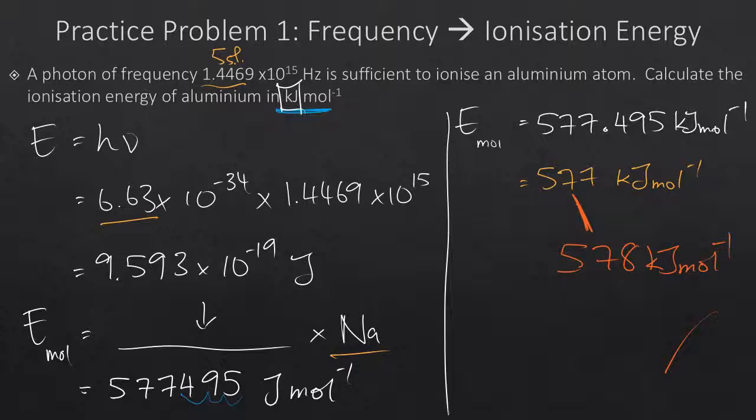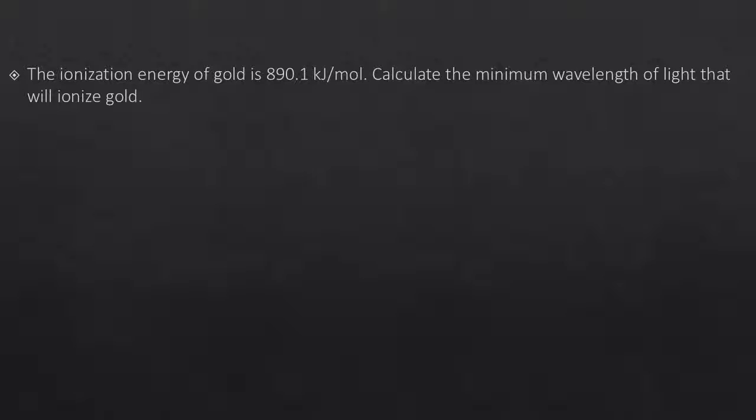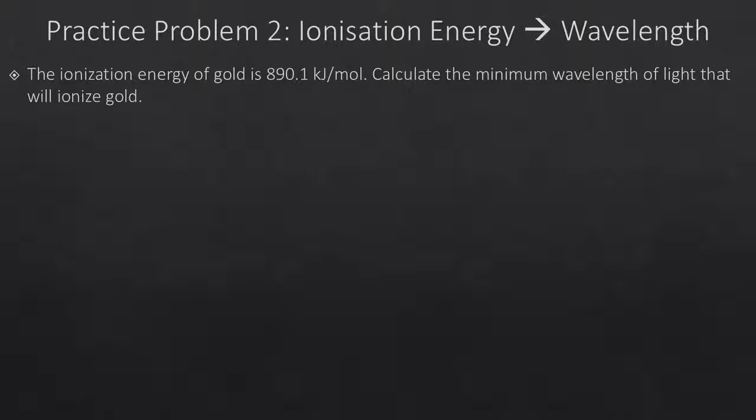Okay, so let's look at a slightly different way that you might be asked to use this Planck equation. So we have the ionisation energy of gold is 890.1 kilojoules per mole. Calculate the minimum wavelength of light that will ionise gold. So this is basically just the other way round. So you're given an ionisation energy in kilojoules per mole,